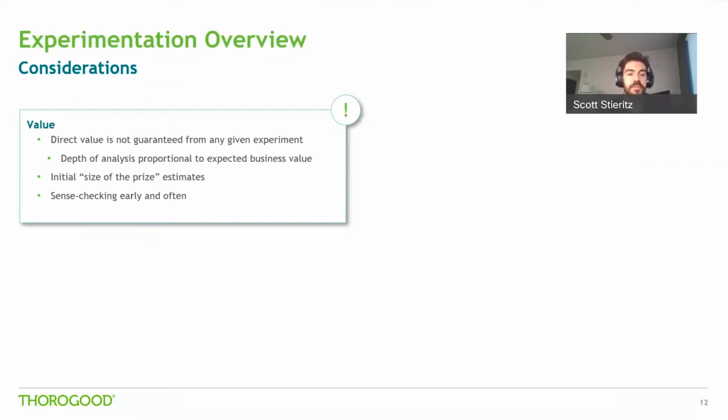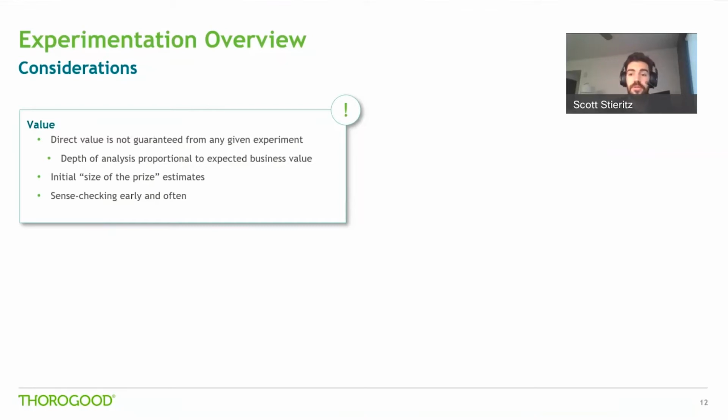which is why it's very important for us to try to put together a size of the prize estimate. So if we are able to sufficiently answer this question, how much is that worth to the business? And then we want to make sure that our efforts focused on answering that question are proportional to the value that we might expect to get out of it. So that would be the likelihood of answering that question sufficiently and the value of getting that sufficient answer, the combination of those two.